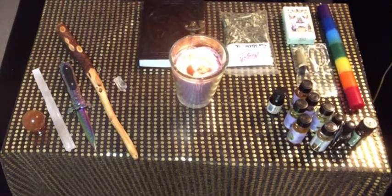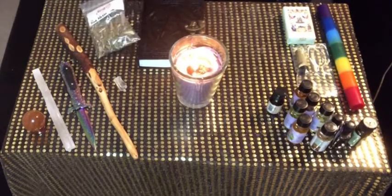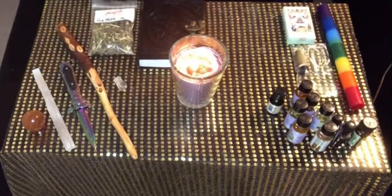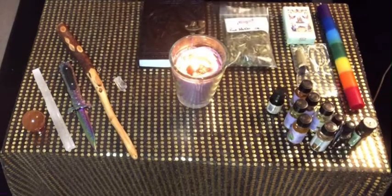So what you'll need, some herbs. I left out my rue because rue would be a good one to use. You could also use basil. It's a lot cheaper and easier to find, but rue is so great. It's been said to ward off the devil himself. It's supposed to be so strong. So any kind of evil or negativity, rue is supposed to get rid of it. Okay, so